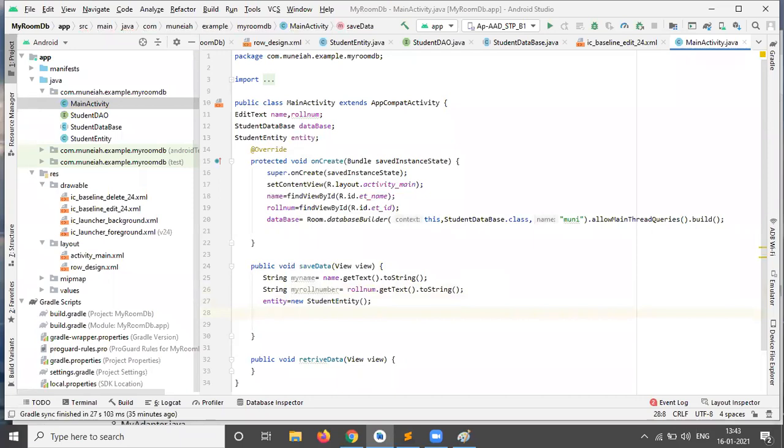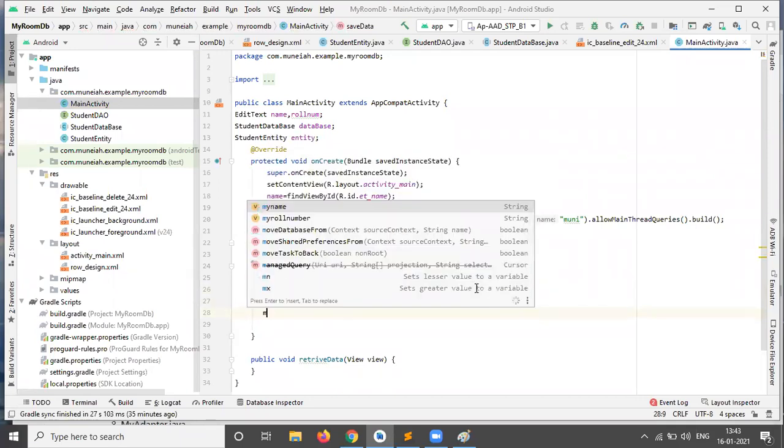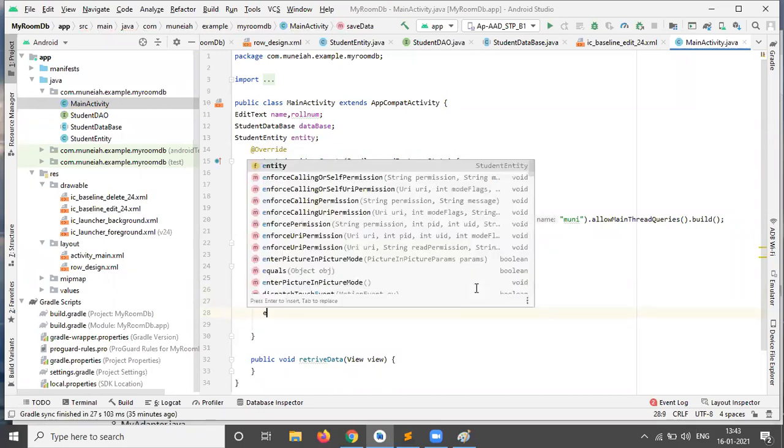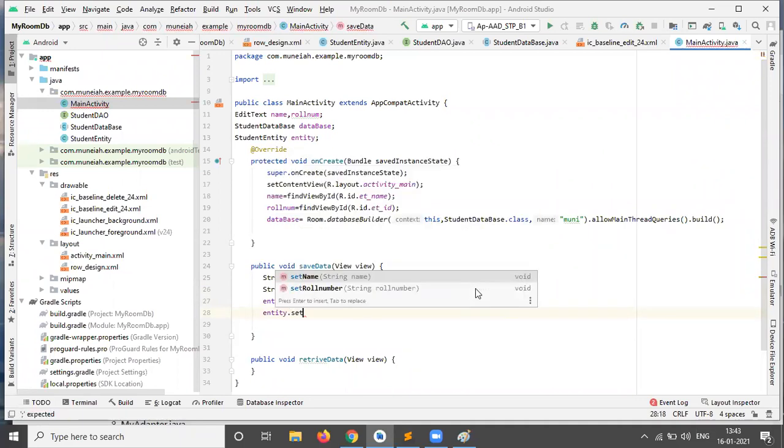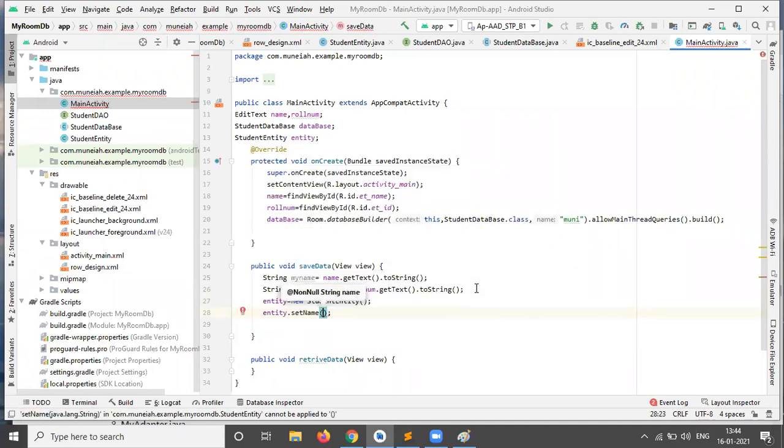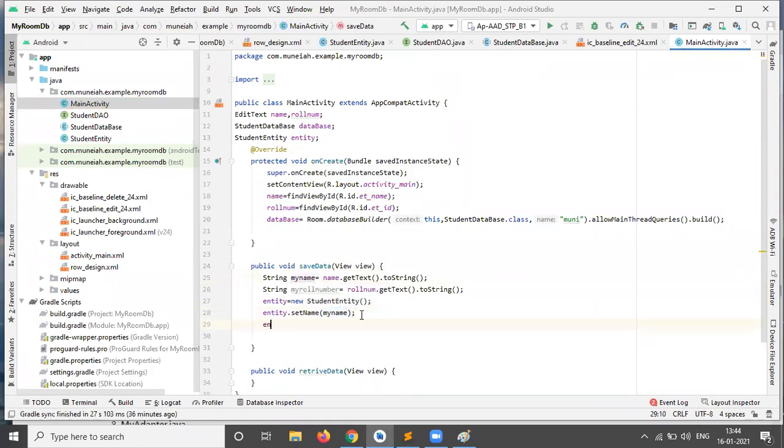After that, I'm calling entity.setName, and the name should be my name. Then entity.setRollNumber, and the roll number should be my roll number.